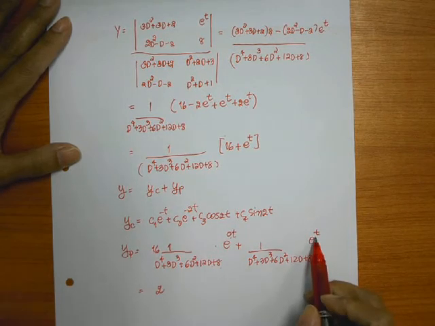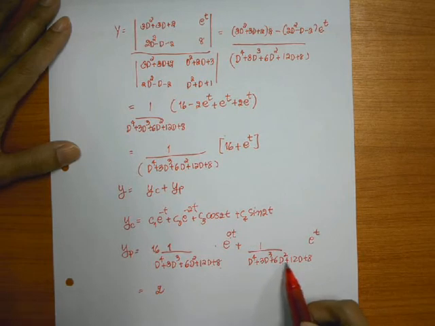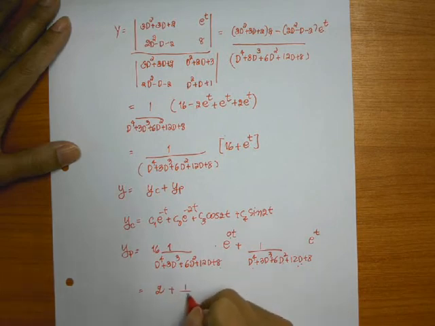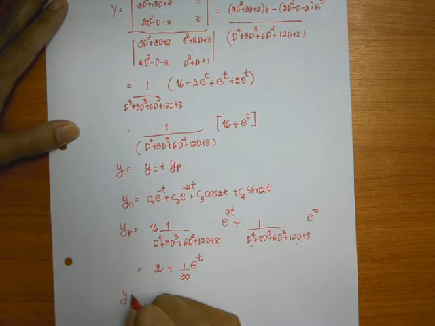This one, our a is equal to 1. You put 1 into all these terms, so we got 30, so we got 1 over 30 exponential of t. So now our y is equal to yc plus yp, which is equal